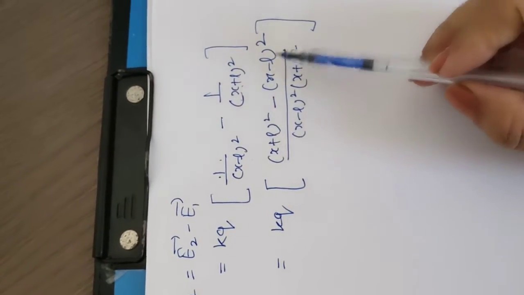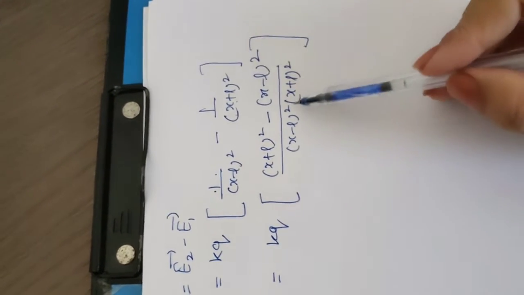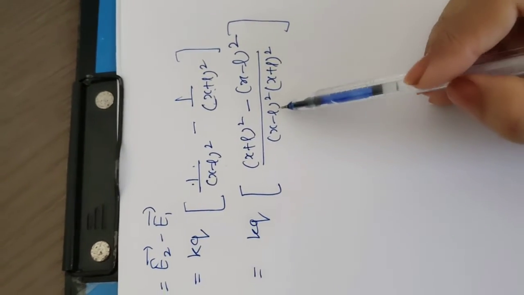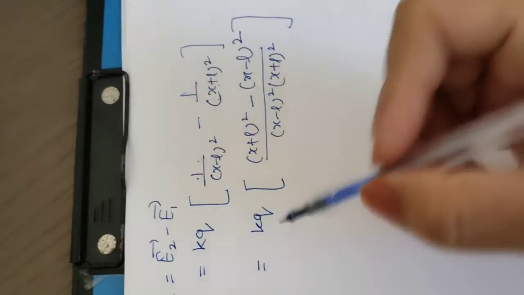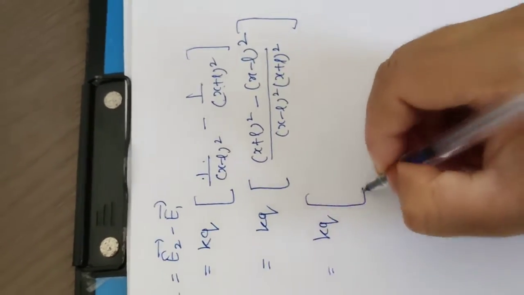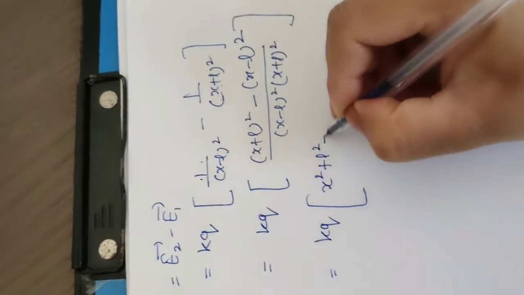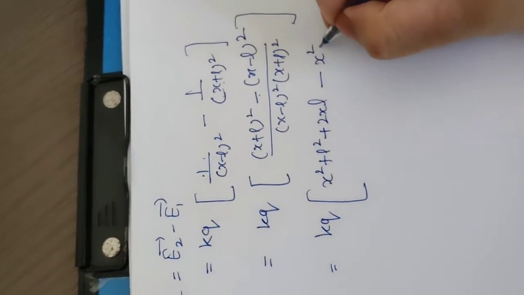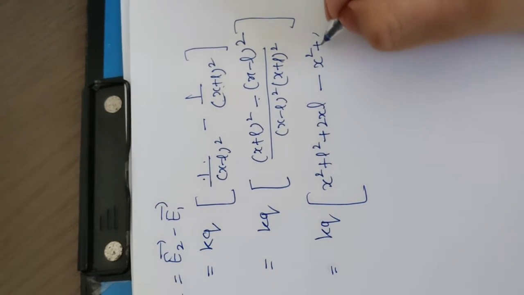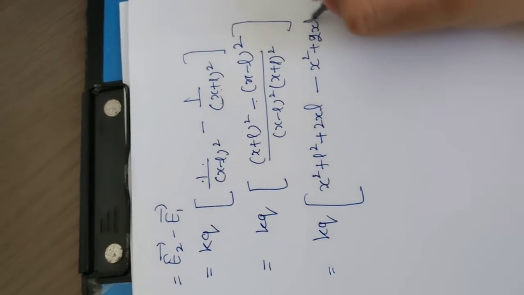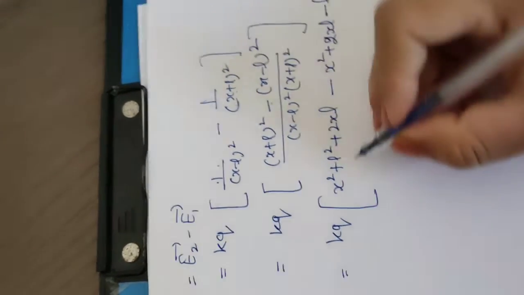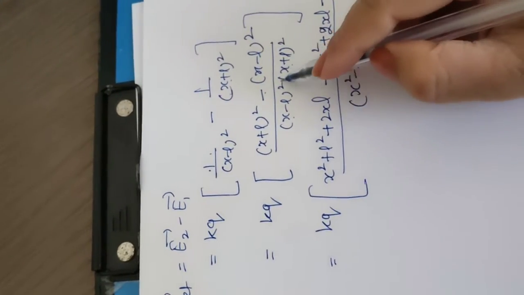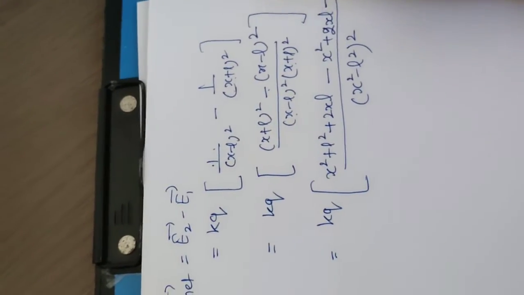The formula of a plus b whole square will be applied, the formula of a minus b whole square will be applied, and we can take square common out of it. This will be a plus b into a minus b. That means in the denominator the formula of a square minus b square will be applied. So finally we will get a square plus b square plus 2ab, minus sign, bracket open, and in the denominator a square minus b square will be formed, and this whole square which was there is taken out common.